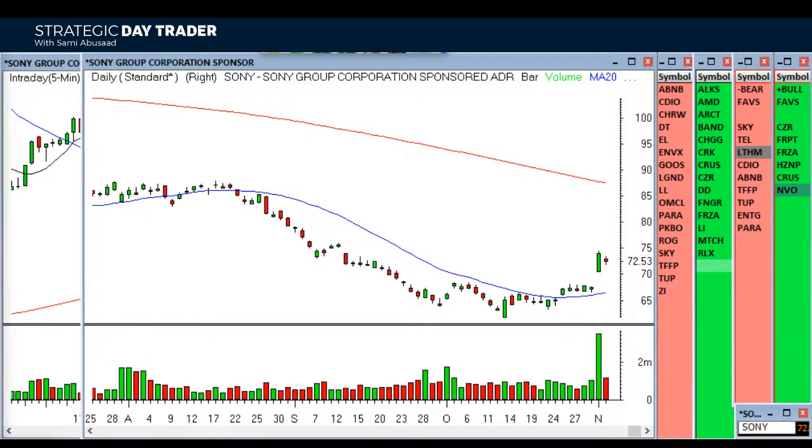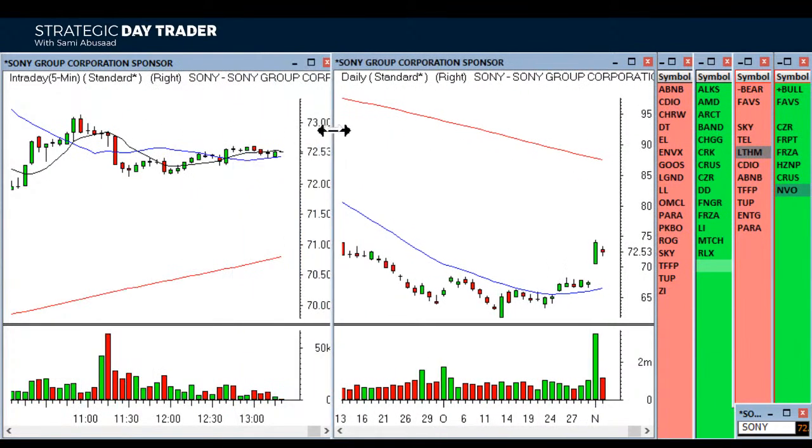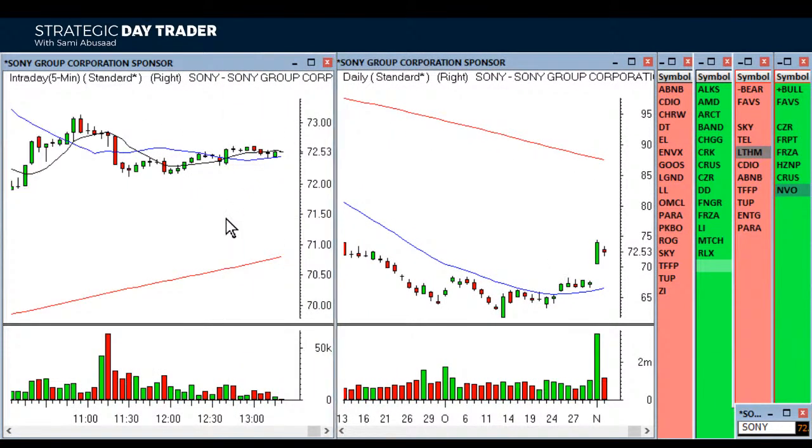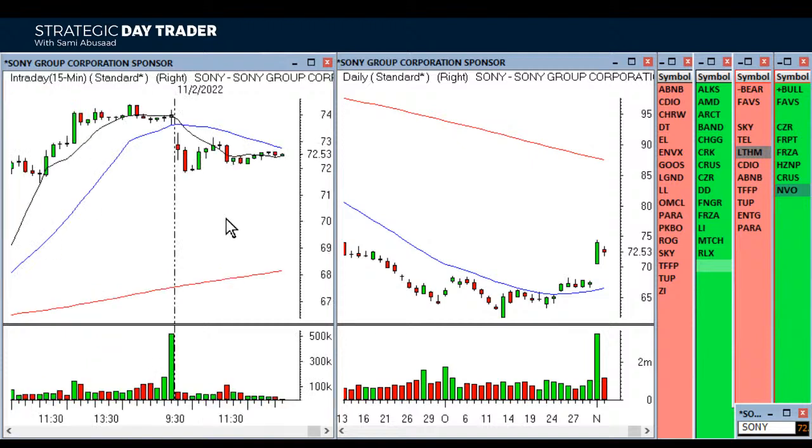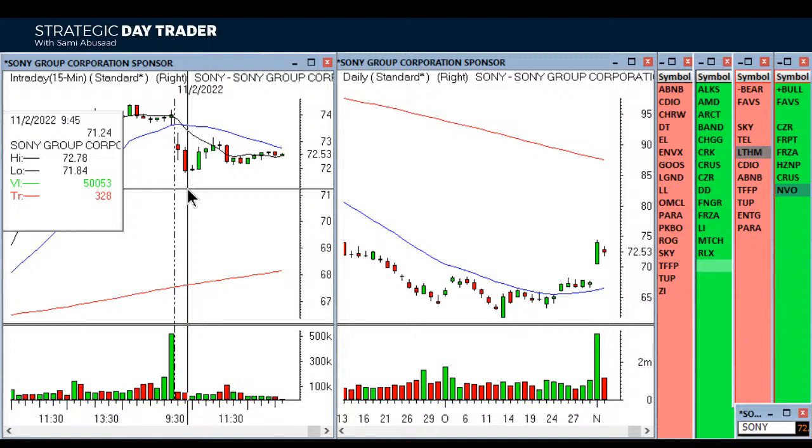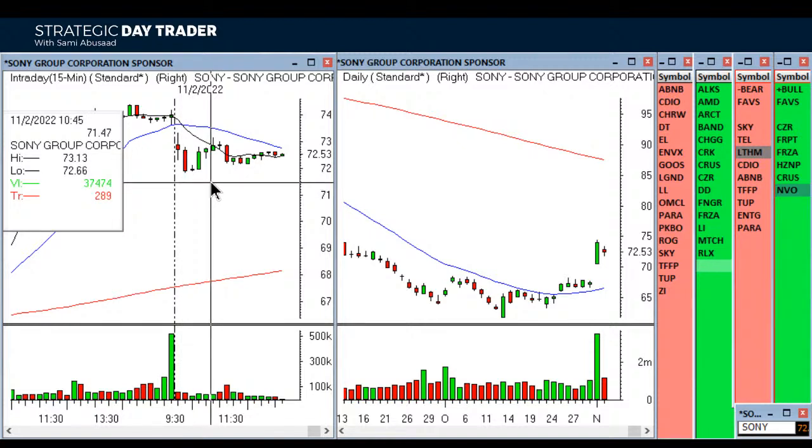So get used to calculating the stop size in your head, and then the cheat sheet is in front of you. It's a useful sheet to just glance at. But just get used to calculating, okay, I want to short this right here under 71.84. I'm going to put my stop at 73.15.